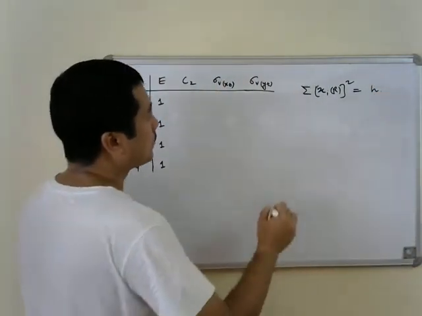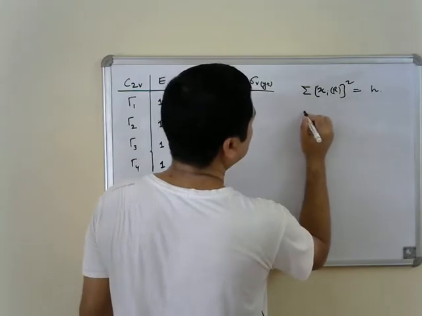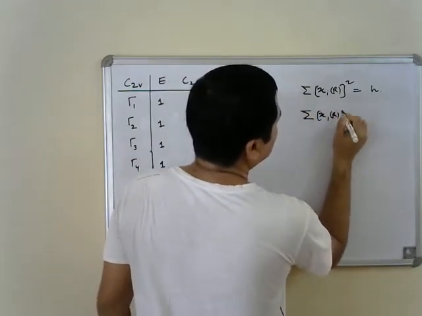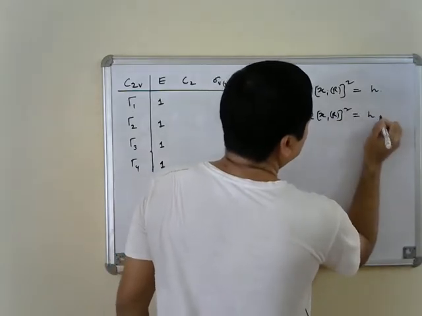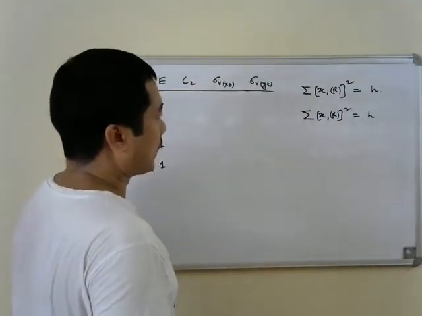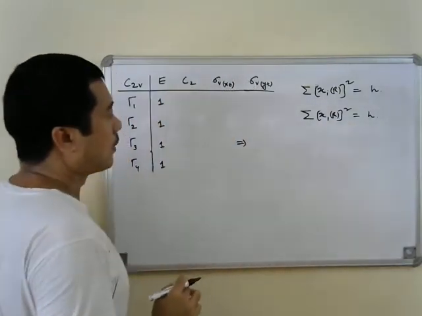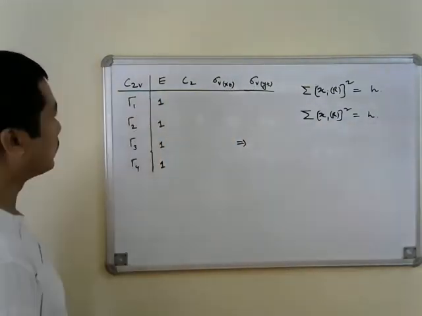So let us do this exercise for the first irreducible representation. That is, let's do the sum over R of chi 1 of R squared, which is equal to h. We can write, so if we do this for chi 1, for the first irreducible representation, that is,